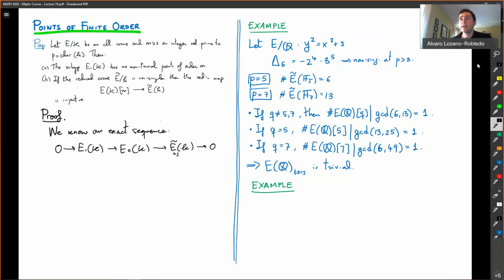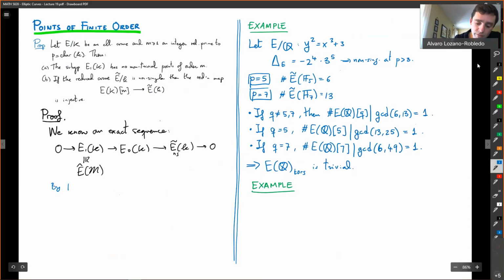And on the other hand, we also know that this is isomorphic to the formal group, or the group associated to the formal group. But we proved by a proposition, I believe in the book it is 4.3.2 part B,